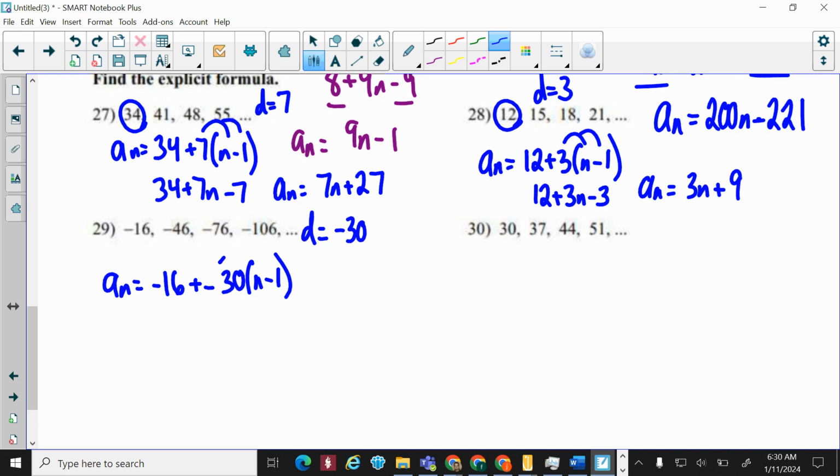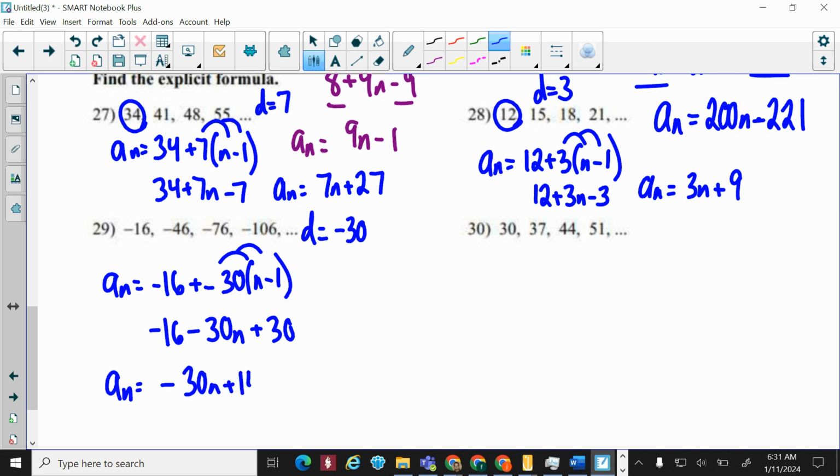So when I distribute the negative 30, it becomes negative 16 minus 30n plus 30. Remember, because of this plus and negative, technically it's mathematically incorrect, so you wouldn't write negative 16 plus negative 30. It would technically be negative 16 minus 30. All right. So you do the math, and then your answer is a of n is equal to negative 30n